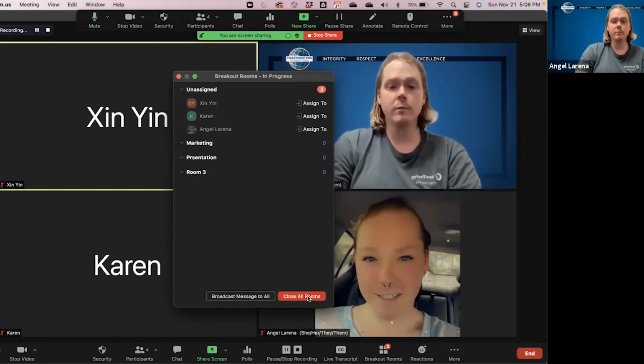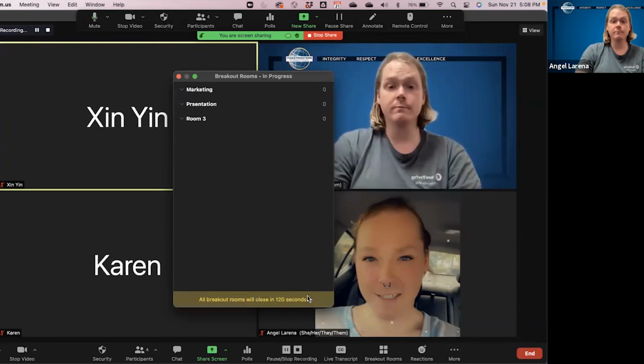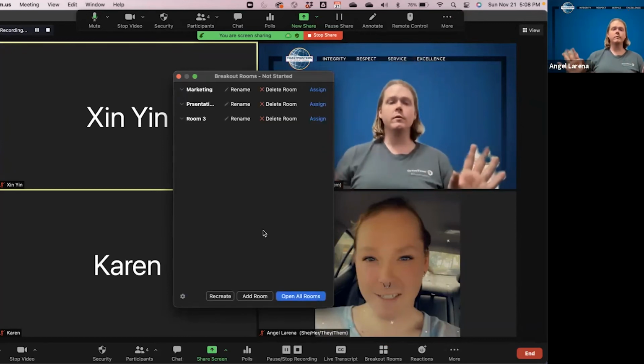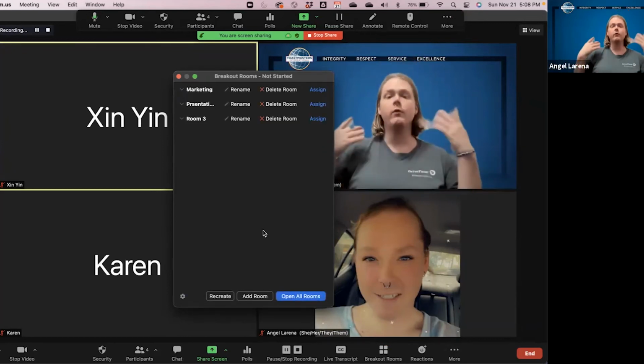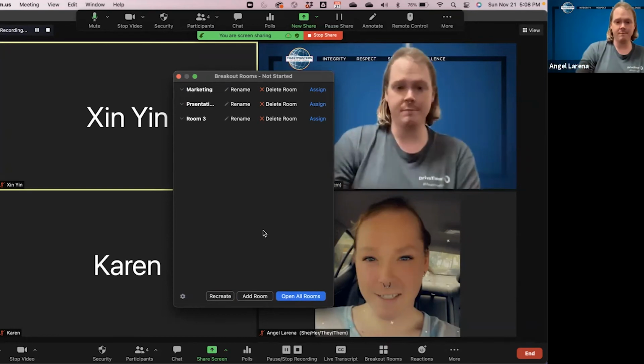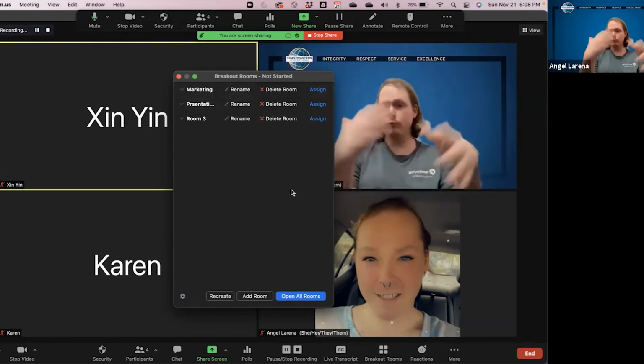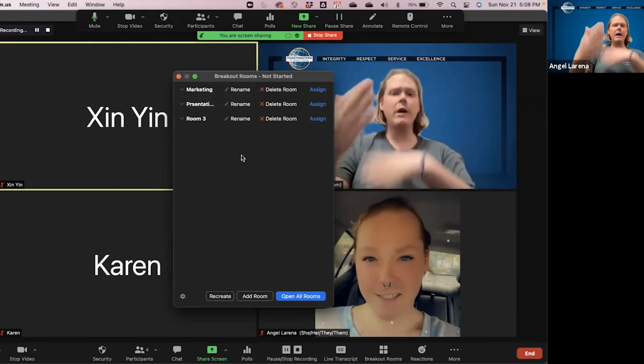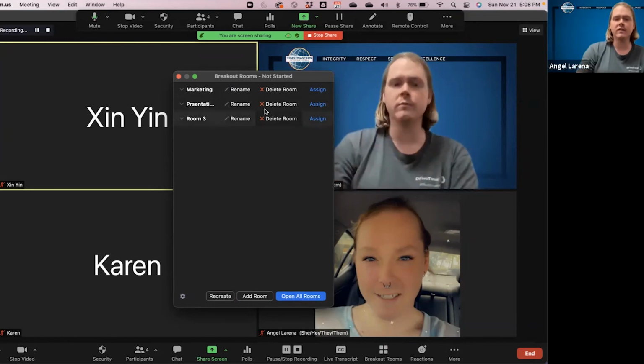Whenever you're ready to close your rooms, you're going to click close all rooms. Once all the rooms are closed, it'll begin pulling everyone back into the main room, whether they've left the other room or not. Whenever you're wanting to recreate rooms later, like say you have multiple sets of breakout rooms,